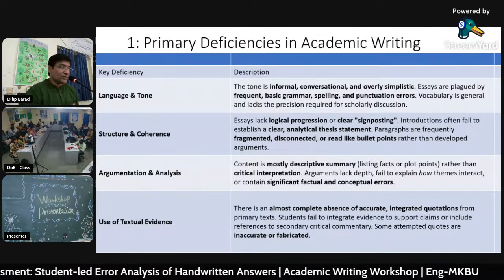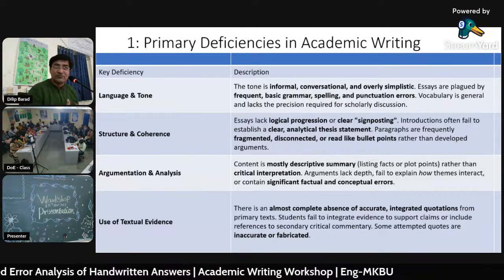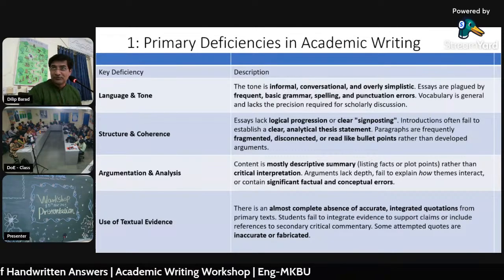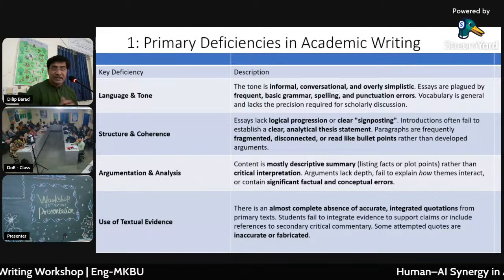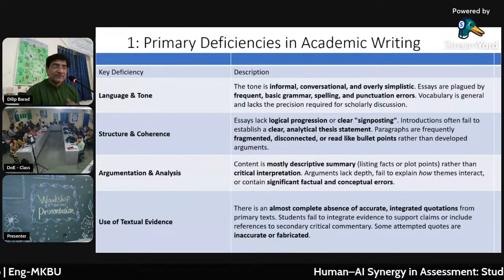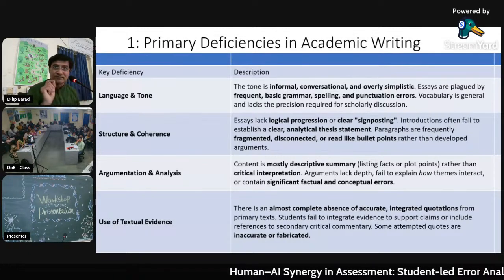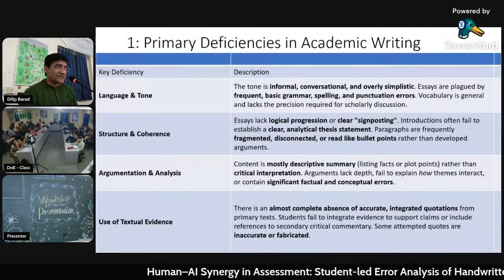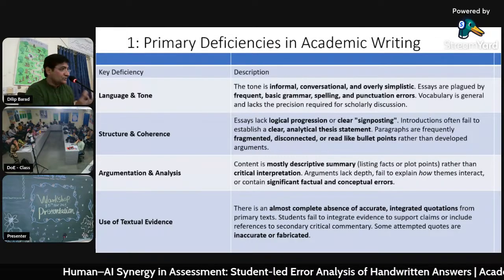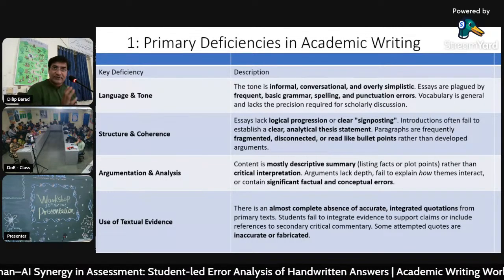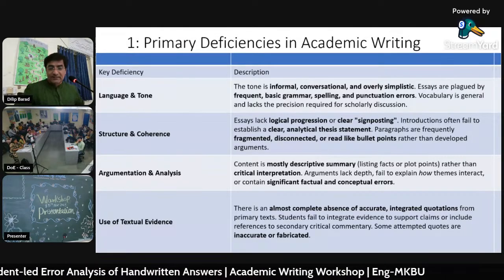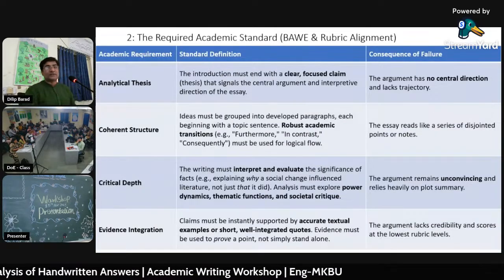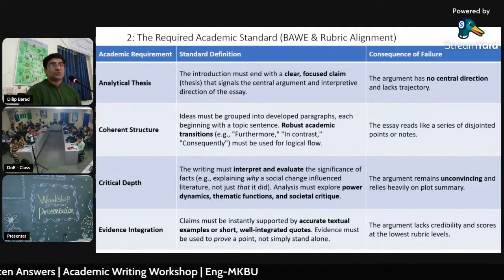Vocabulary also. What are the exact words that you should have used instead of what you have used? Like somebody tells me to enhance my vocabulary, but if somebody says use this word instead of this, then it is more effective. Then I come to know I have to use this word instead of this. That we can see when we compare both the answers. Then in the second, what was required according to this rubric was